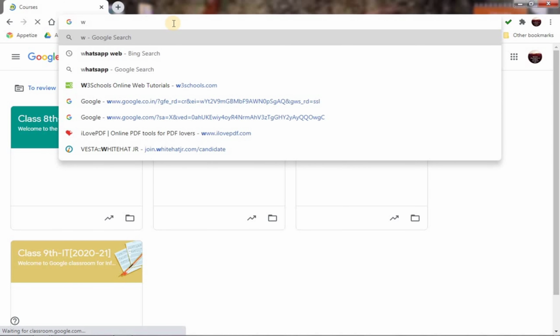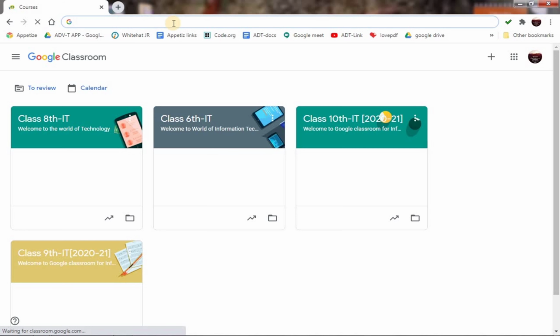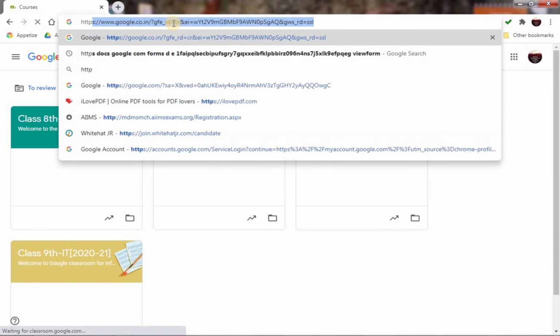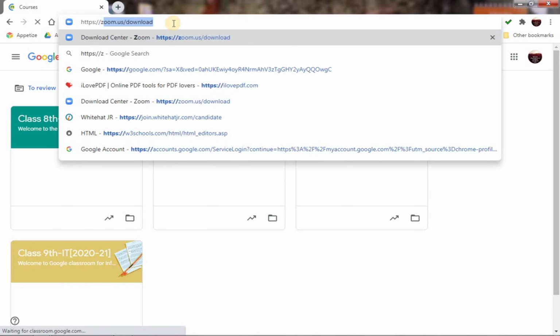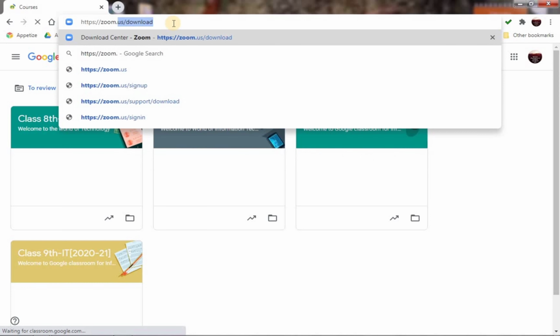We will do Zoom first. She asked about Zoom. You have to write https://zoom.us/download.